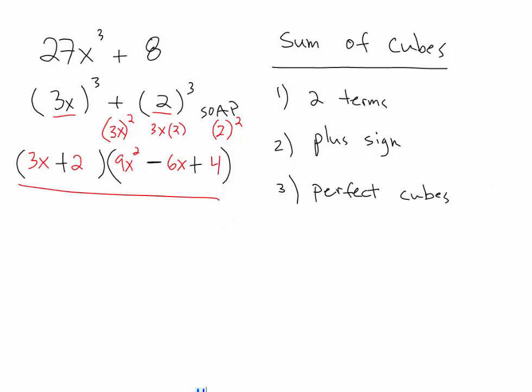Let's take a look at another one. So let's say we need to factor 128x to the third minus 2. Now, you have to recognize sum and difference of cubes, or maybe difference of squares, when